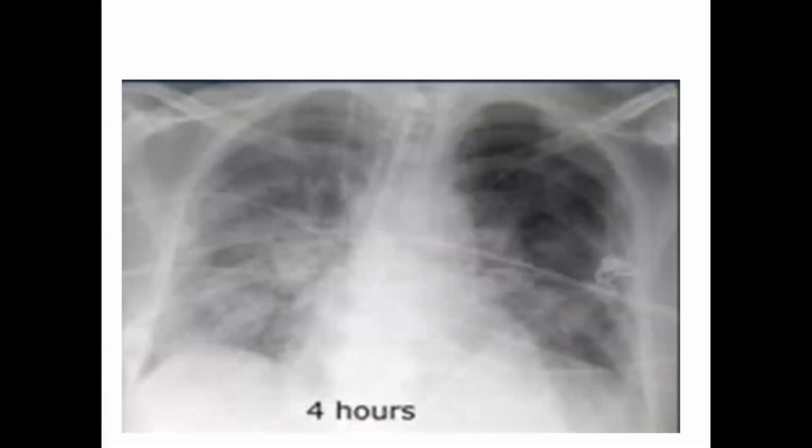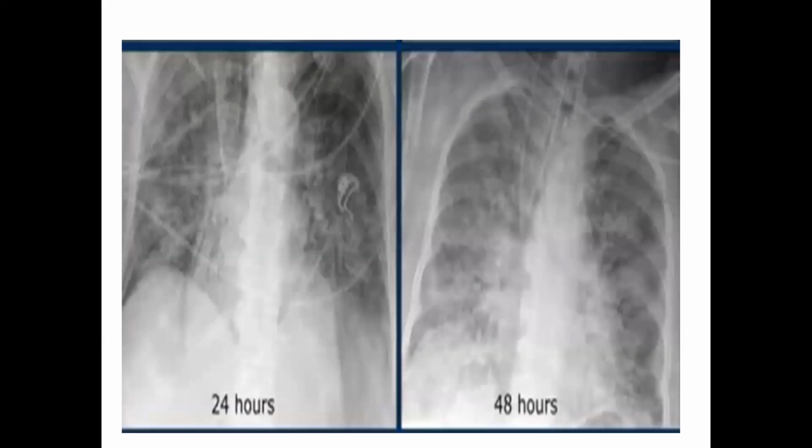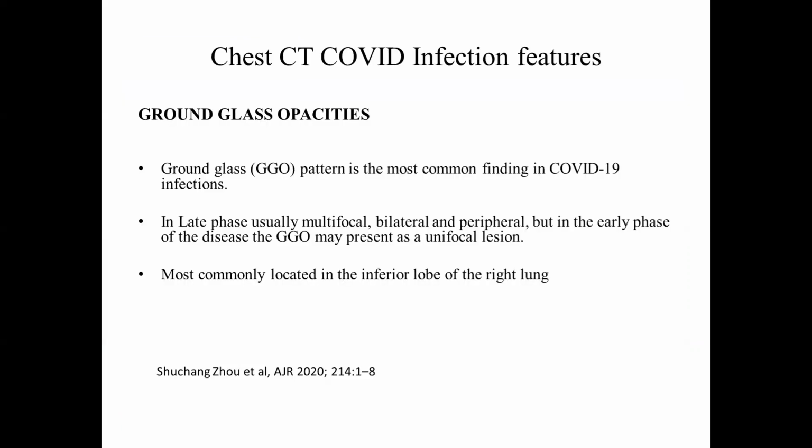Soon after, the patient was admitted and ventilated, and 4 hours later, again you can see the air-space opacities, more of mid and lower zone predominance. Over the next 24 and 48 hours, slowly the air-space opacities increased and spread throughout the lung zones. And unfortunately, after 3 days, the patient expired.